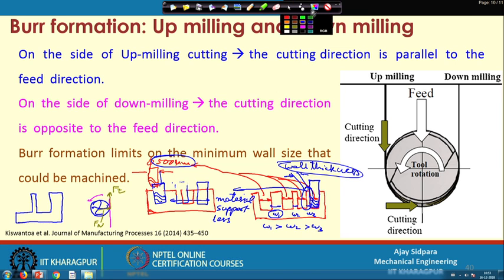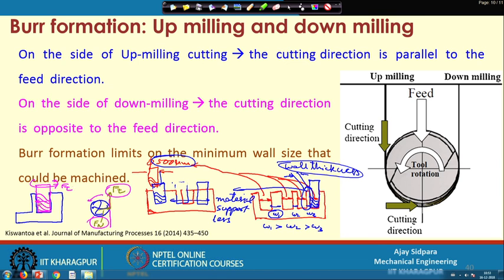So, your cutting tool is already inserted inside it and it is rotating. So, when it is moving, at that time you will encounter this FT and FN, right. So, this will be the FN and FT will be, if you see from the top, this will be your FT,